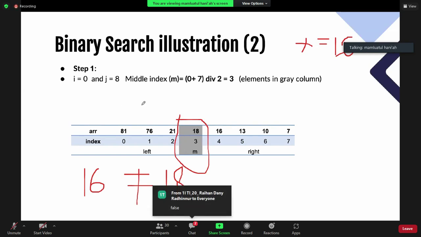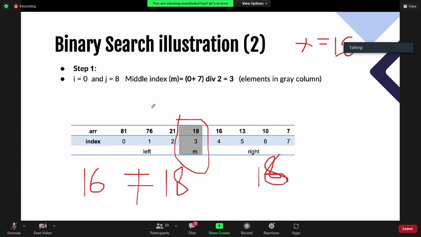So if your K is greater than your middle value? No, it's less than your middle value. So you need to change your initial or final position because your data is in descending order.